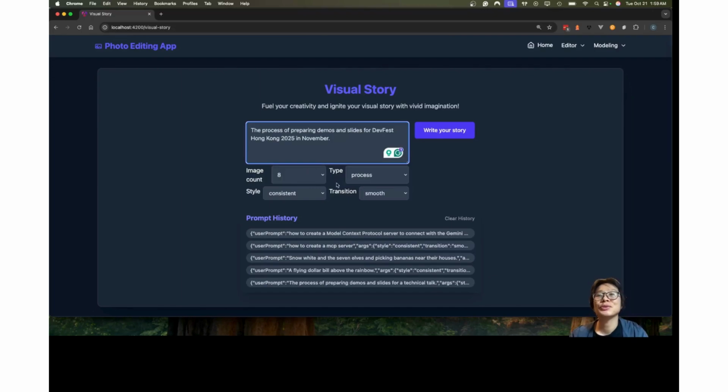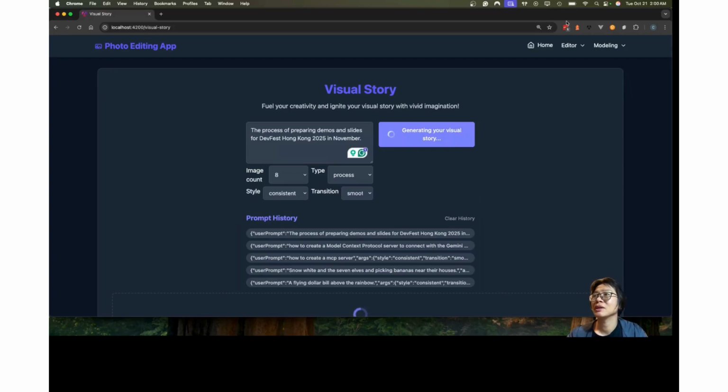I want to know the process to have a successful talk with eye-catching demos and materials that fit into the slide. So style consistent, transition smooth, first write your story, and